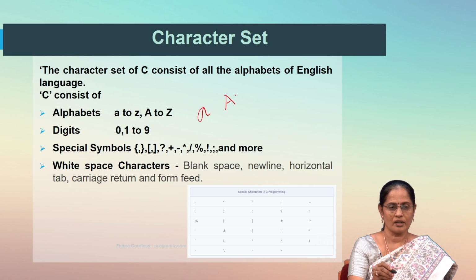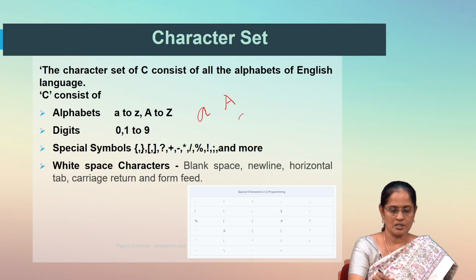So, always if we are defining an identifier or a name for a variable, we will be using the alphabets or the character set. The character set should be in such a way that the lowercase character should be given only as lowercase and the uppercase character should be given only as uppercase. So, that is the reason that the lowercase and the uppercase characters are differentiated in English alphabets for the C